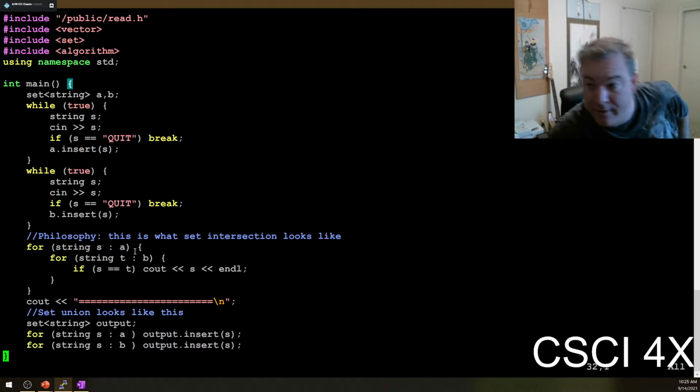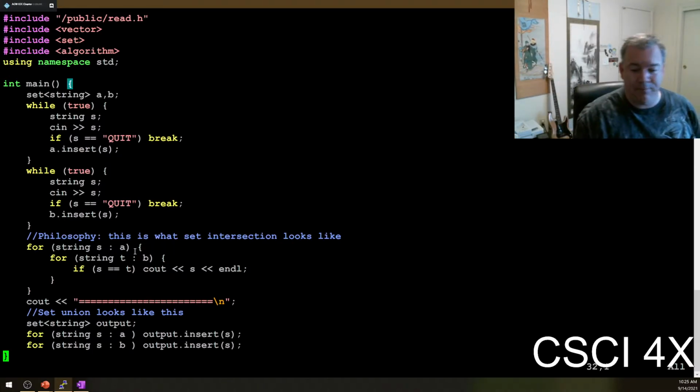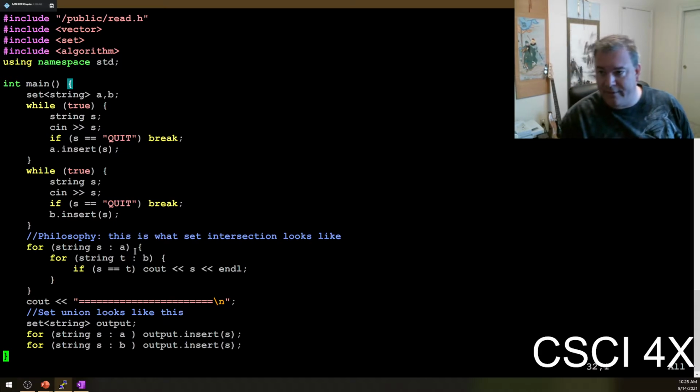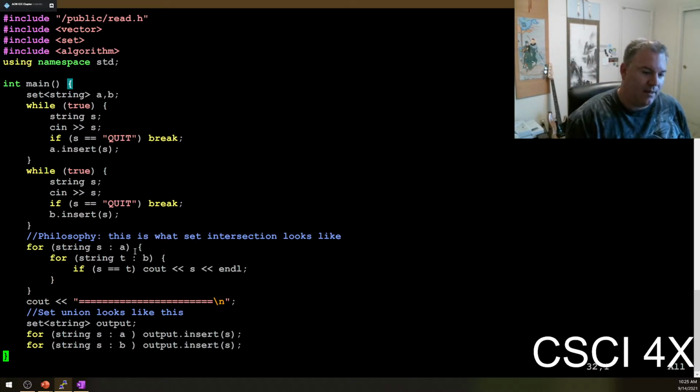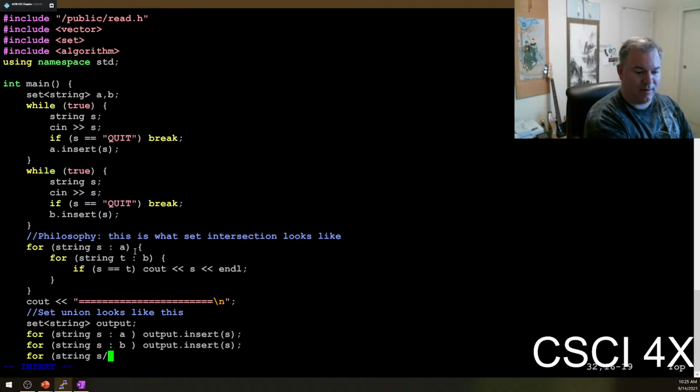Rather than just couting it directly, what I'm doing is I'm putting everybody into a set, or you can use a vector for it. It's fine, and just remove duplicates. So the set standard library class removes duplicates for you. It's a set, so you don't even have to worry about it. And then we just say for every string in output,